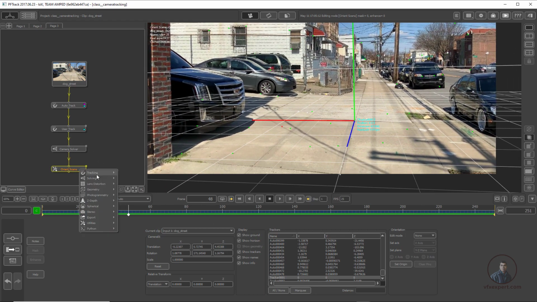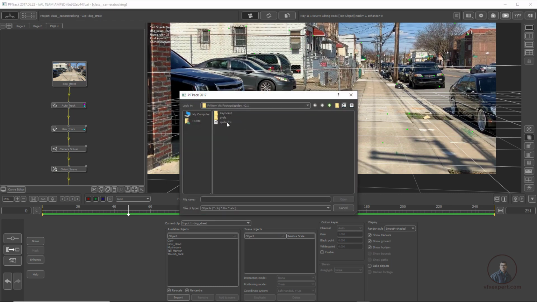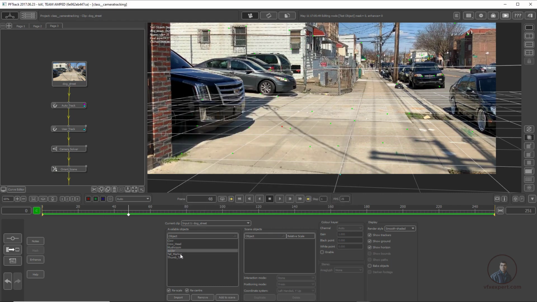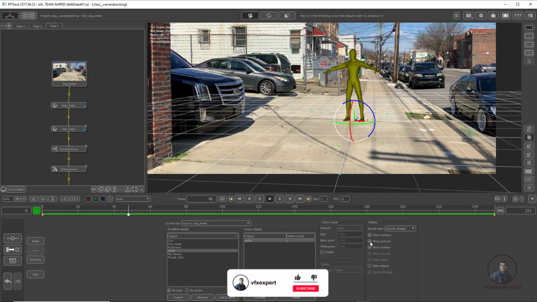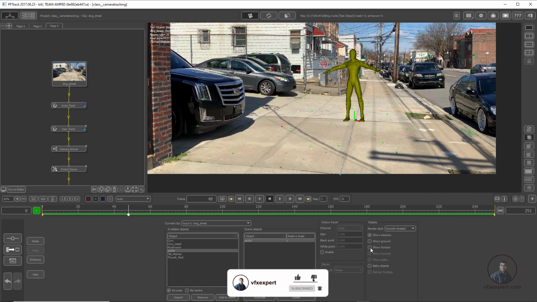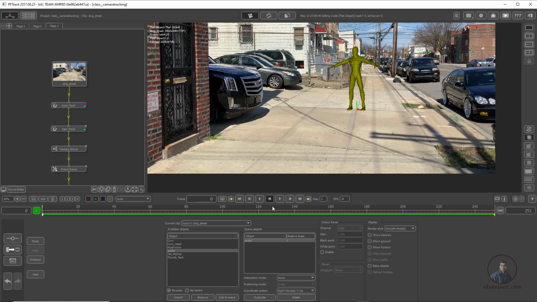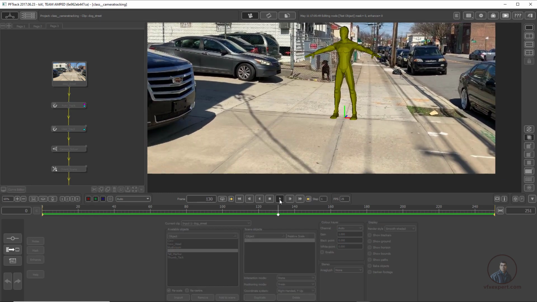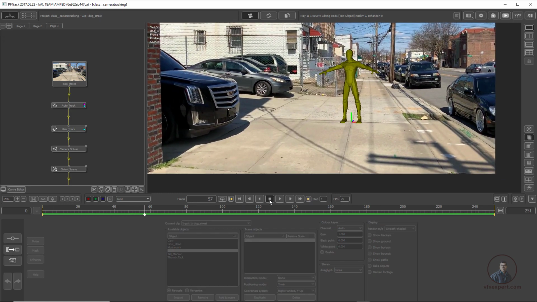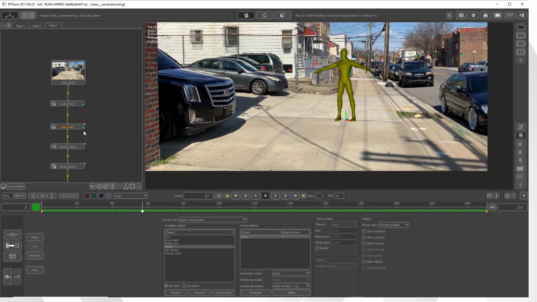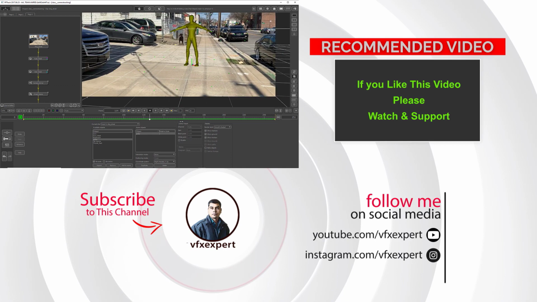Again right click, test geometry, test object, click on import, select this one, import, add to scene, uncheck this one, add to scene. Simply now rotate it here. Now uncheck all these parameters, select none here. Now just play and check this one also. So like this you can track your shot with the help of auto track as well as user track. Till here I have completed this class.